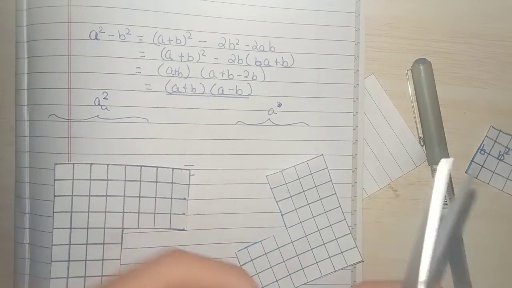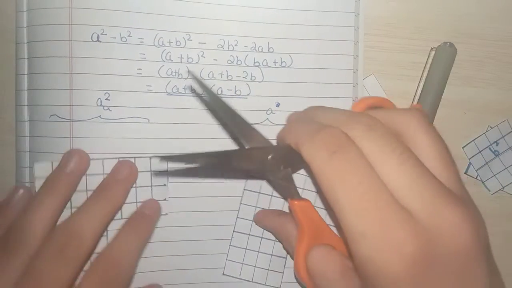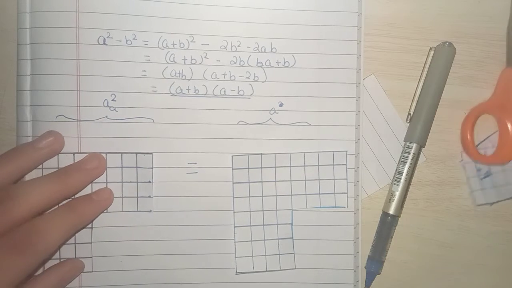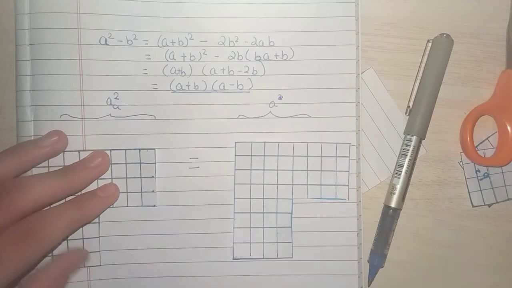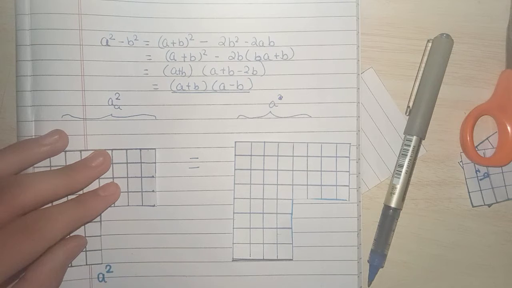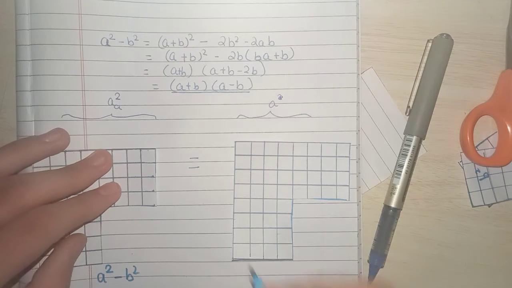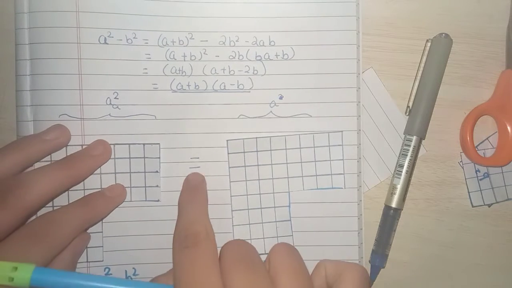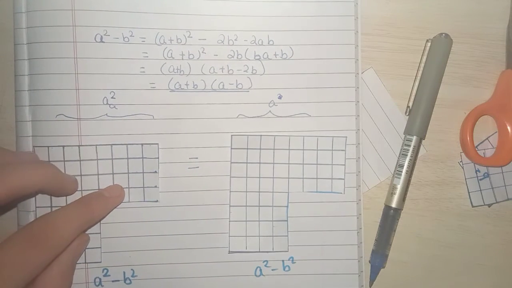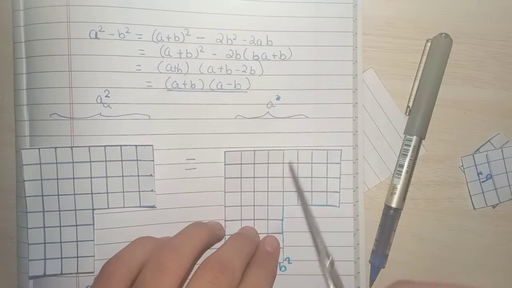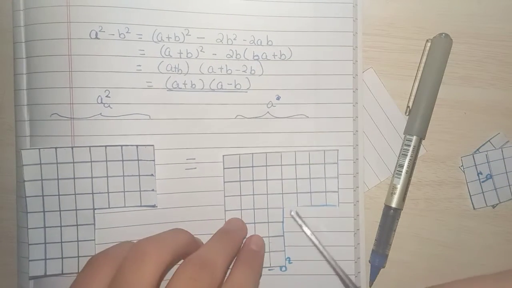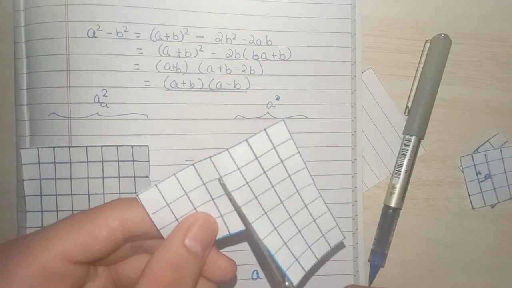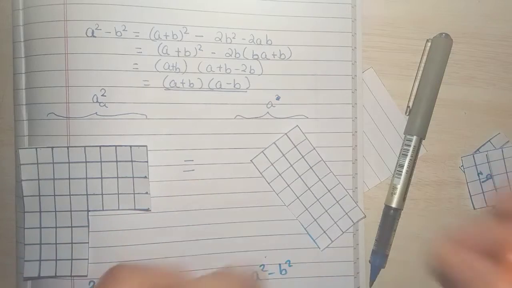This is the same thing as doing a squared minus b squared, and notice that their areas are still the same because we subtracted the same thing from both the sides. A squared minus b squared from this side and a squared minus b squared from this side as well. So this equality sign holds. Now what I am about to do is try to rearrange this in order to get a shape that we are familiar with. So let me cut this off so that we get a familiar shape,